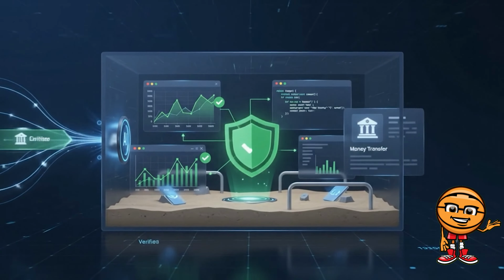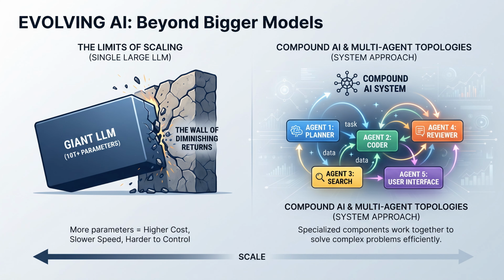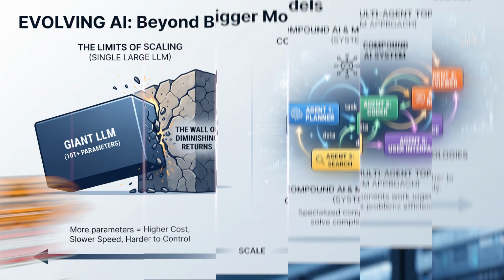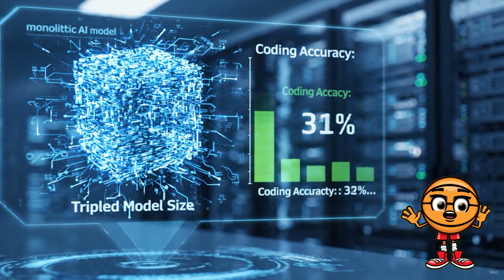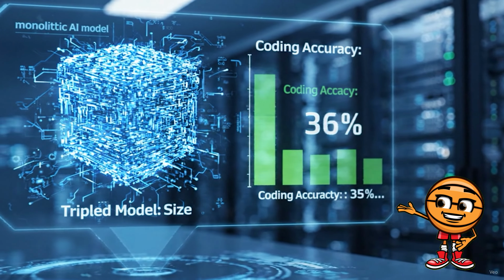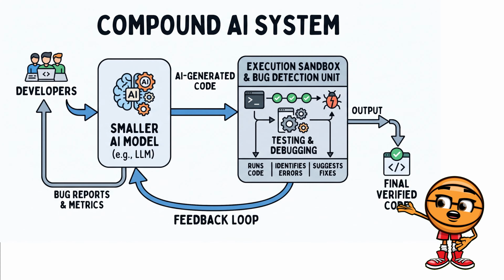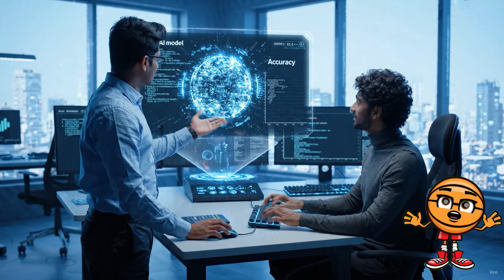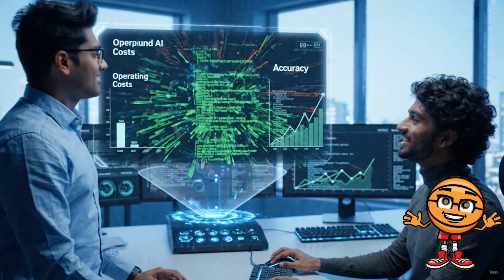Here is a dirty secret about modern AI. Just making language models bigger is hitting a wall. Research from Berkeley AI Research found that tripling the size of a single monolithic model only bumped its coding accuracy from 30% to 35%. But when developers built a compound AI system combining a smaller model with an execution sandbox that tests code and fixes bugs in a feedback loop, the accuracy skyrocketed to 80% while cutting operating costs by